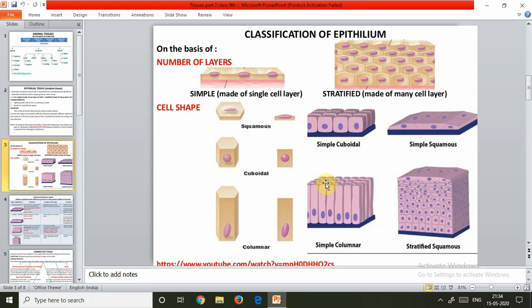So the cells of this tissue are arranged in many layers. Stratified means many layers. The deeper layers of the tissue have cuboidal cells which become polygonal and finally flattened. So first they are cuboidal, but as we go up, the shape changes and they take the form of squamous. As the cuboidal cells become flattened, they become squamous. So the cells are becoming squamous due to the change in shape, and the flattened cells of the superficial